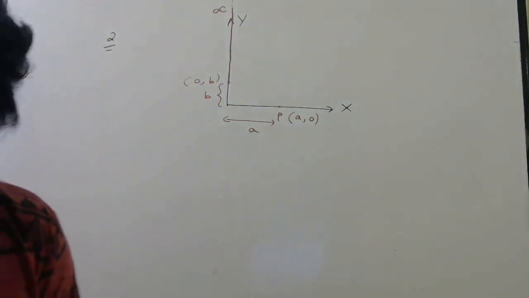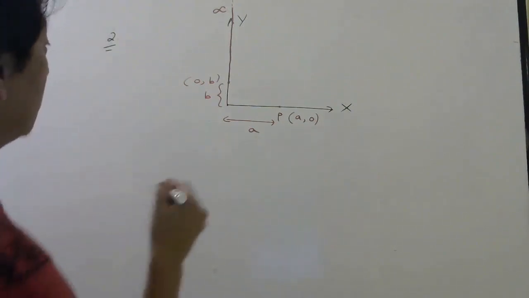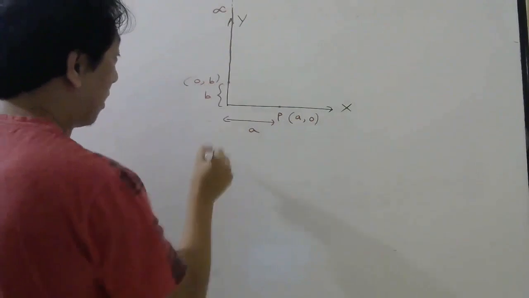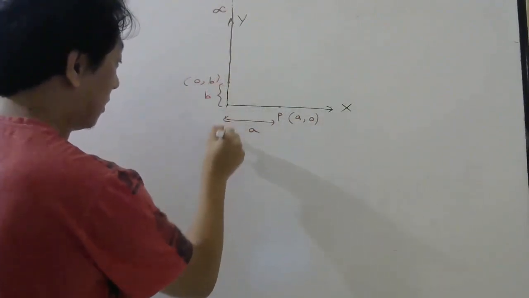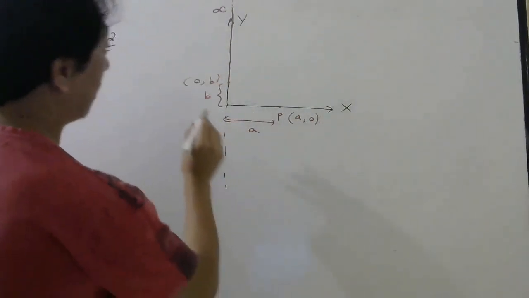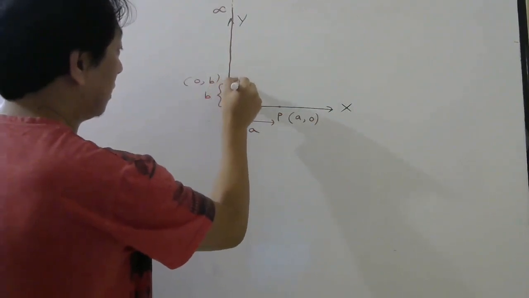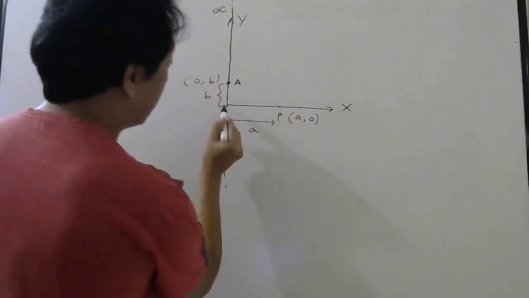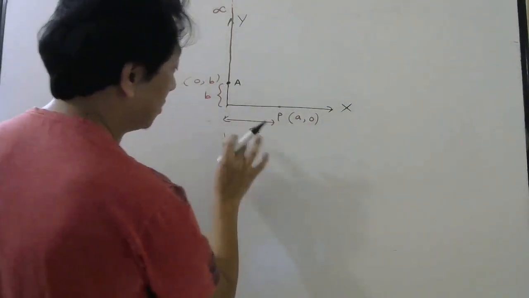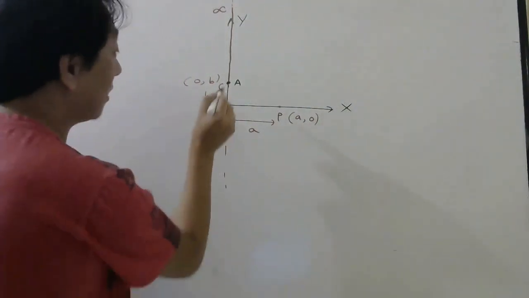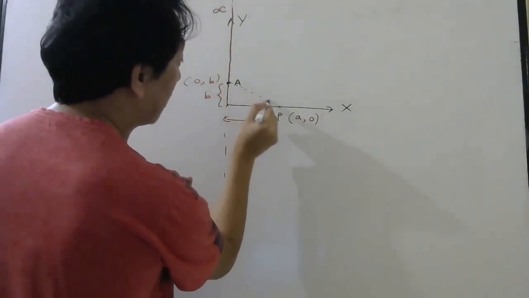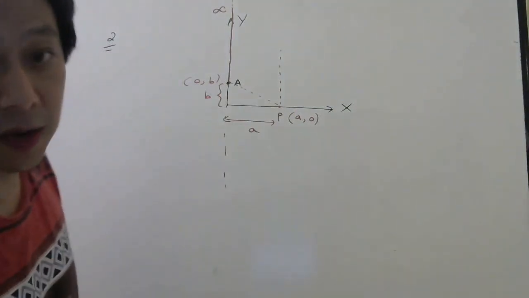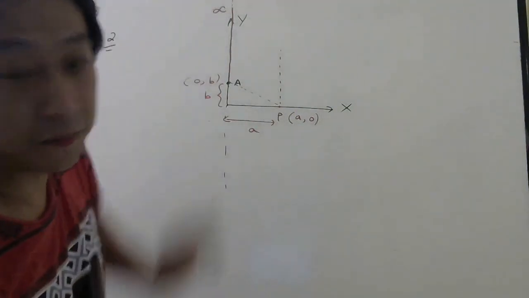Now let us calculate the magnetic field. What I told you to do: first draw the perpendicular line. This is the line of the wire, and please remember, this is point A of the wire. Point B is at infinity. Then first draw this perpendicular distance, which is a itself. Then you extend this line, and the other line will come like this only, because the other point is at infinity.